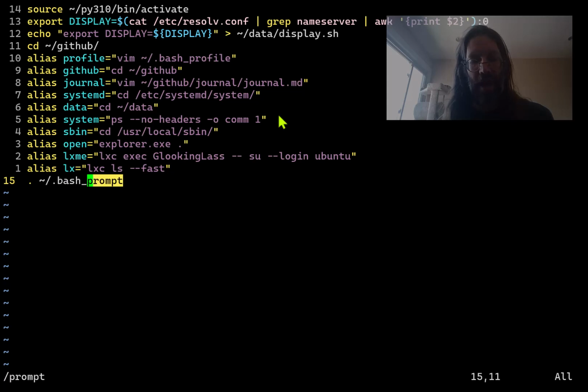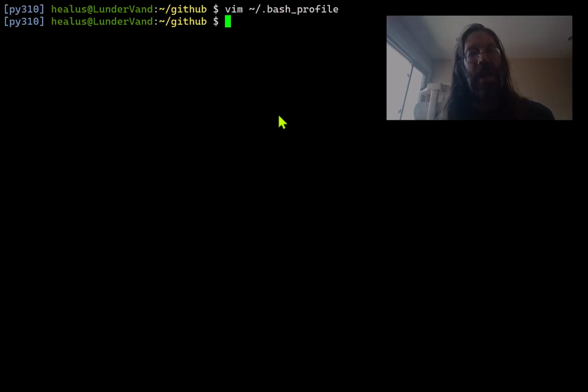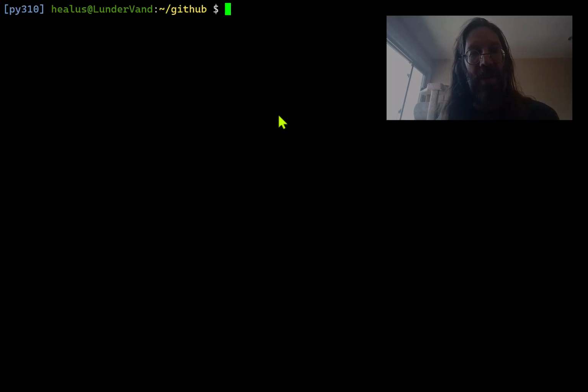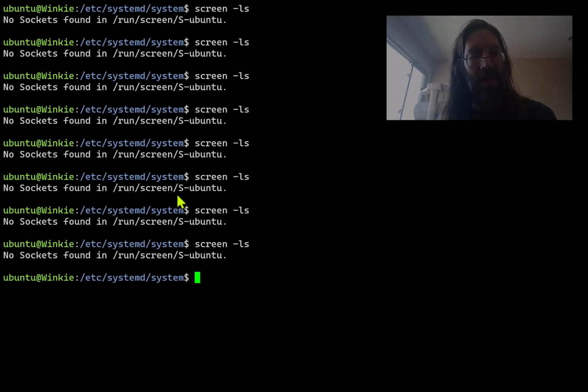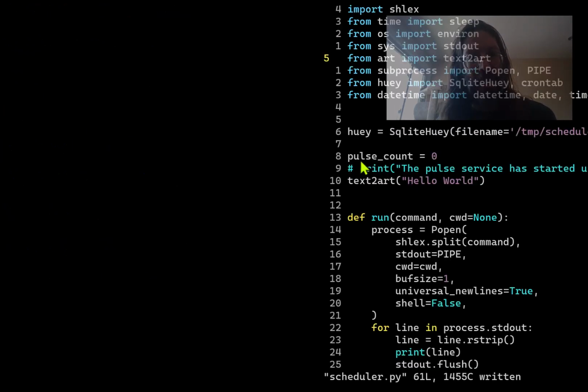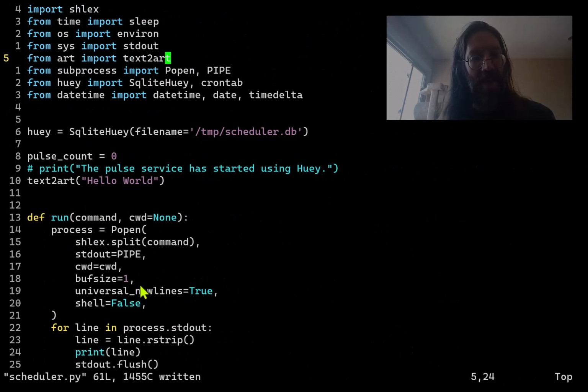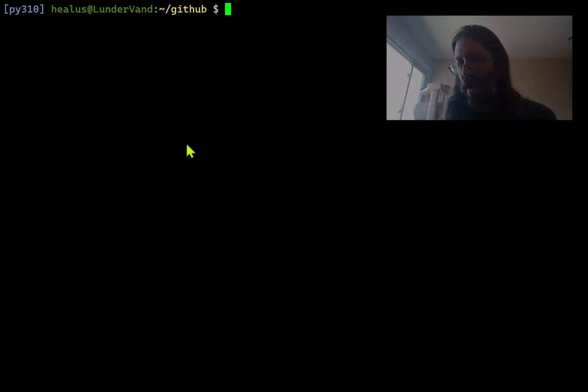Let me use this parent here to again log into Munchkin. So then I'll have 3 things to Munchkin. The place where I'm attempting to run the service, the place where I'm editing the files that constitute the service, and a place where I can test run it outside the context of a service. So lxc exec winky su